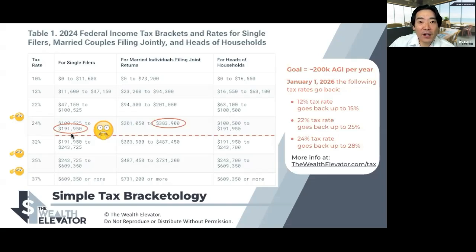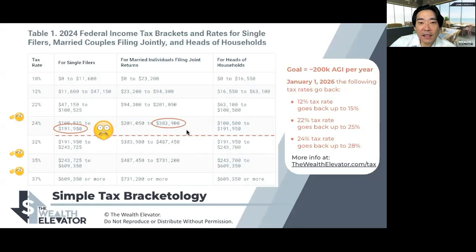Find that big break. There is usually that big break here. And that's where I draw this red line. And that's why this guy's freaked out, because it was such a big jump here, whereas these are smaller gaps. Of course, you may fall in the single filers category, but I'm going to be talking mostly from the perspective of a married couple, dual income, or two people.